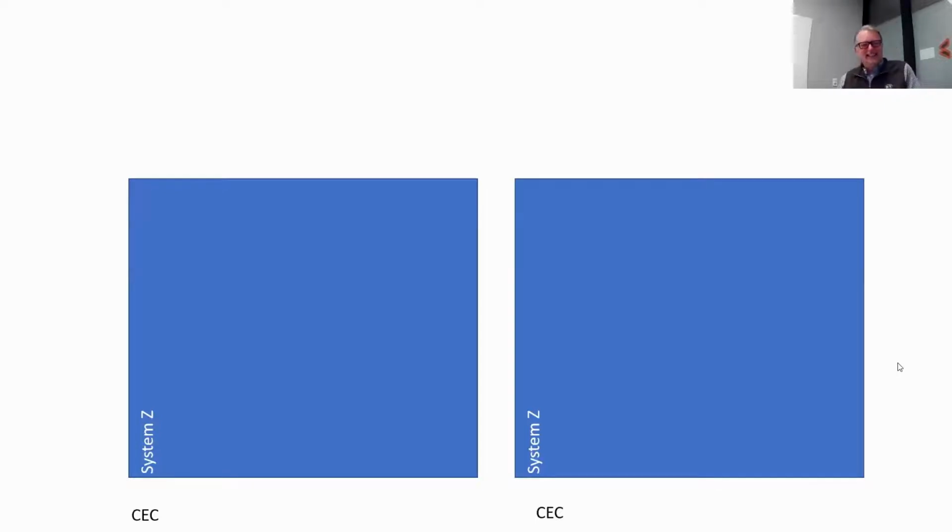Thanks, Atul. Okay. So here's a picture of two CECs. Remember, these were the mainframes themselves. So there's two physical mainframes sitting in the data center, close to each other in proximity. I want to connect the two of them together so that I can increase the power and the capacity of the machine itself.